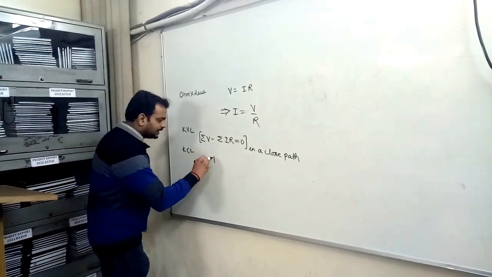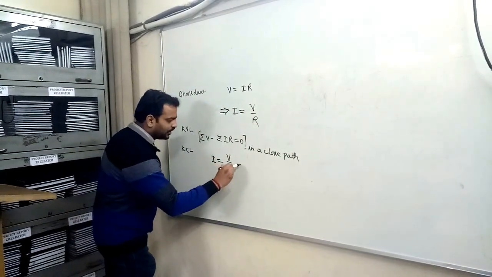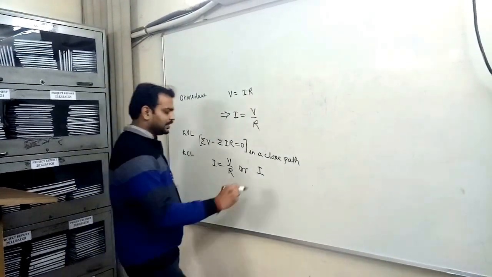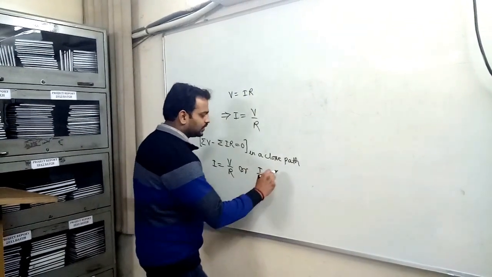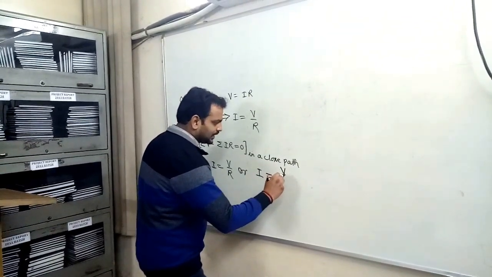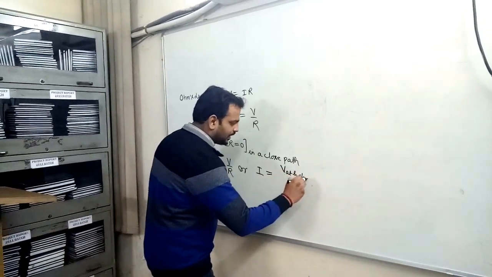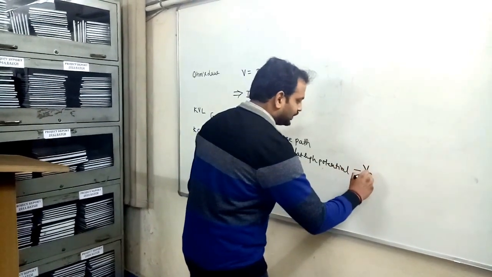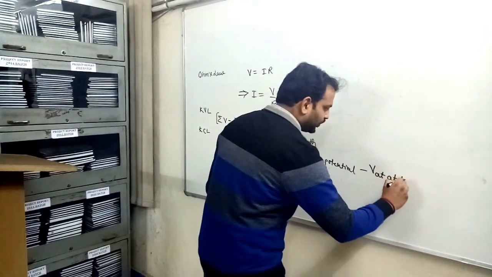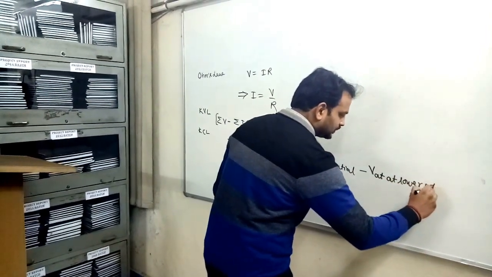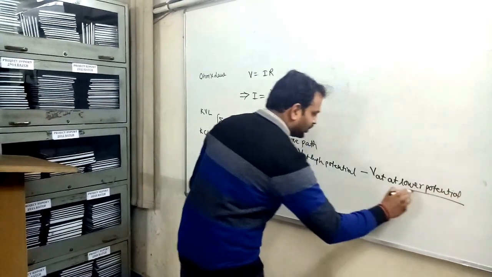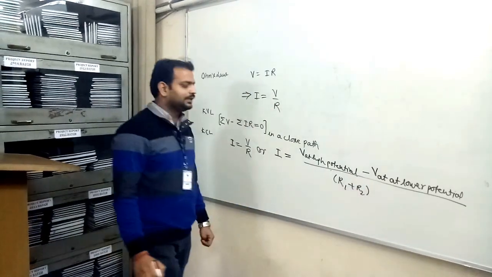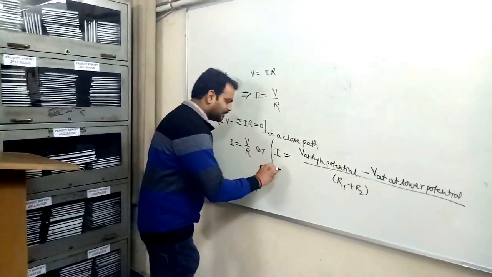Here we have I is equal to V by R, or the current in a particular branch is denoted by I is equal to the voltage at the high potential point minus the voltage at the lower potential, upon the resistance in that particular branch. This whole concept is applied